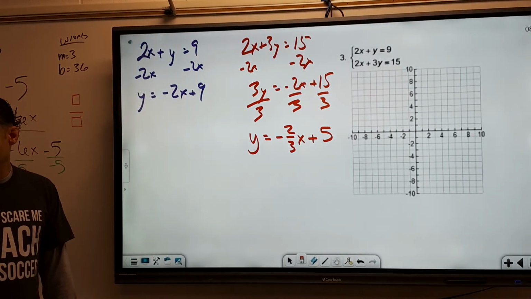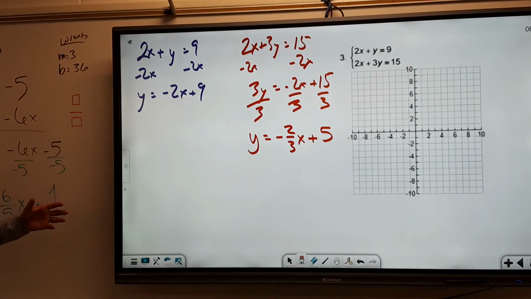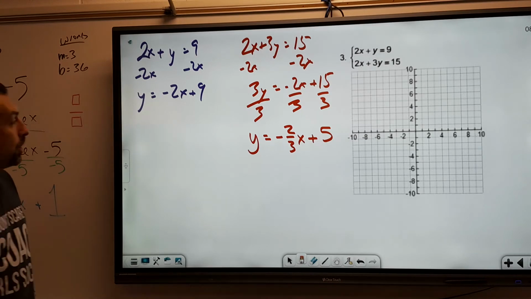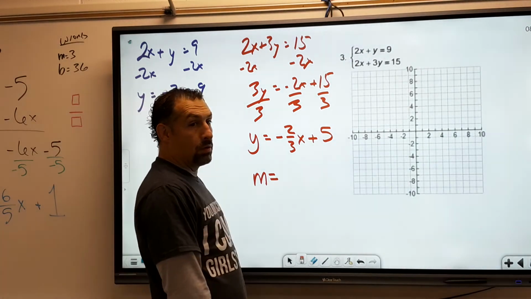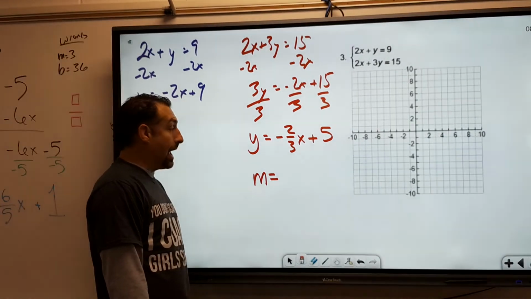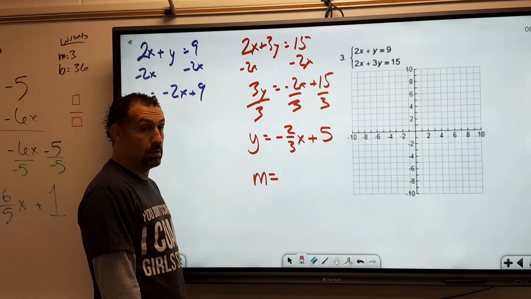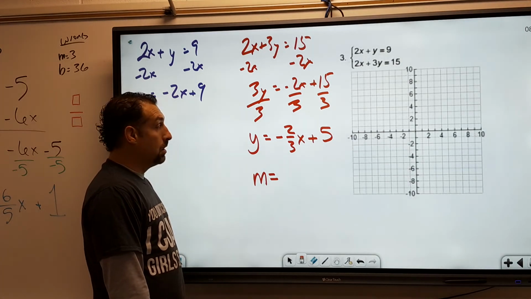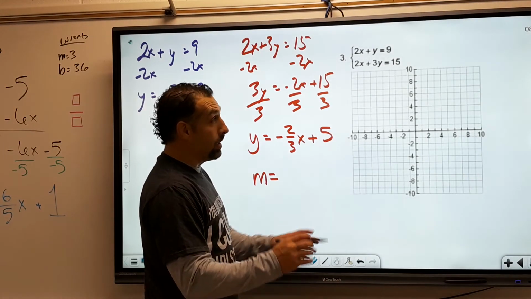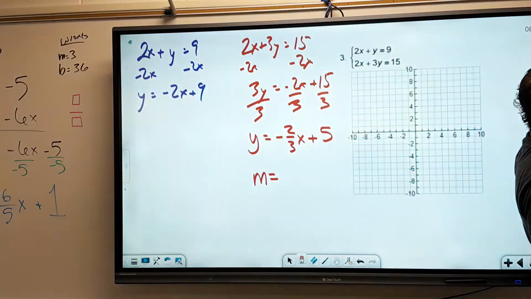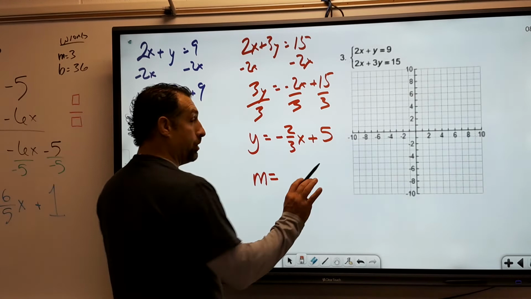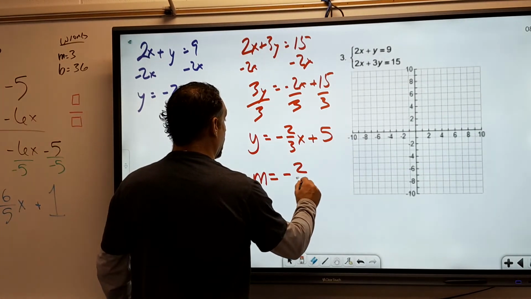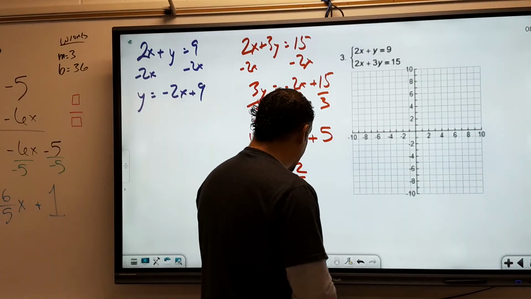Okay, are we good on the solving and stuff? All right. So our slope. Jacqueline, what's the slope for the red one? It's the m value. It's going to be your slope. It's in front of the x. It's -2 over 3x. Right. Well, but don't include the x. Just say -2/3. And since it's negative,